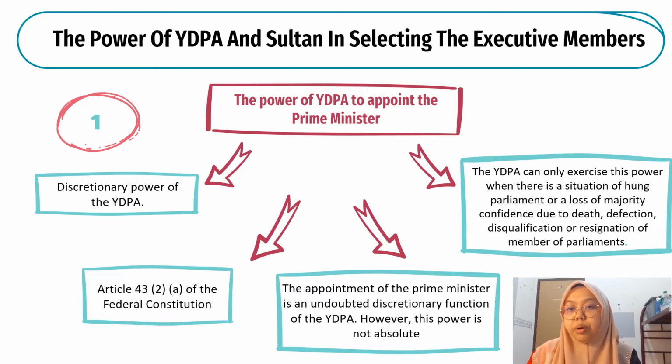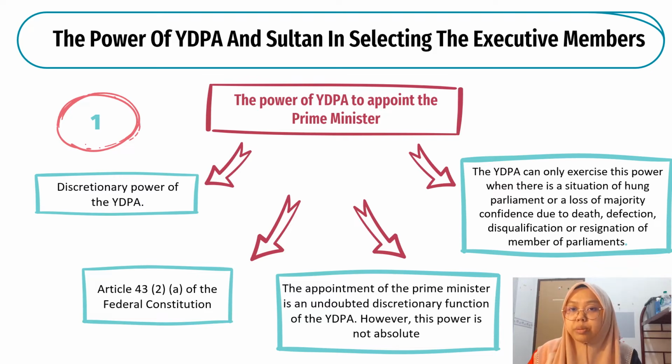The non-discretionary power is where the YDPA must act in accordance with the advice of the appointed Prime Minister and the Cabinet. Meanwhile, the discretionary power is where the YDPA can act according to his power and need not act in accordance with the advice of the Prime Minister or the Cabinet. According to Article 40, Clause 2, Paragraph A, Paragraph B and Paragraph C of the Federal Constitution, the YDPA can